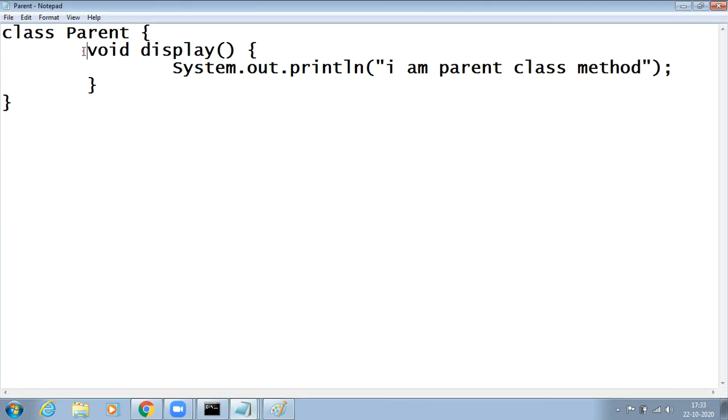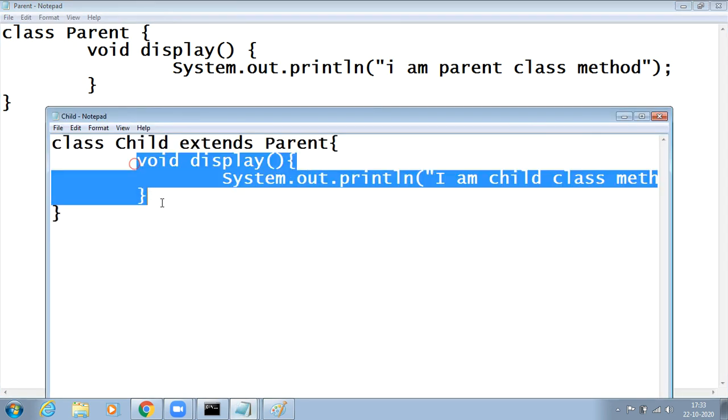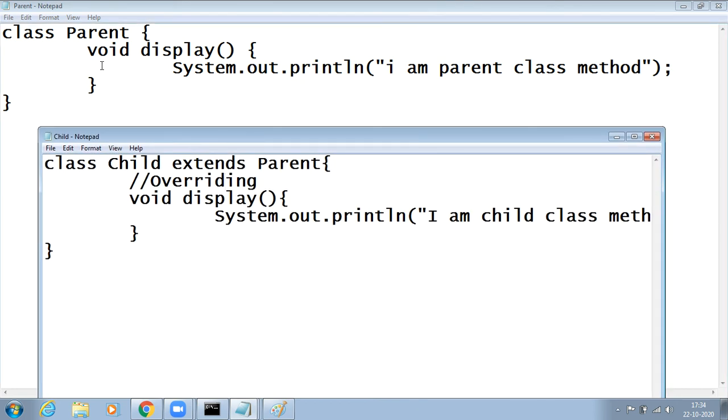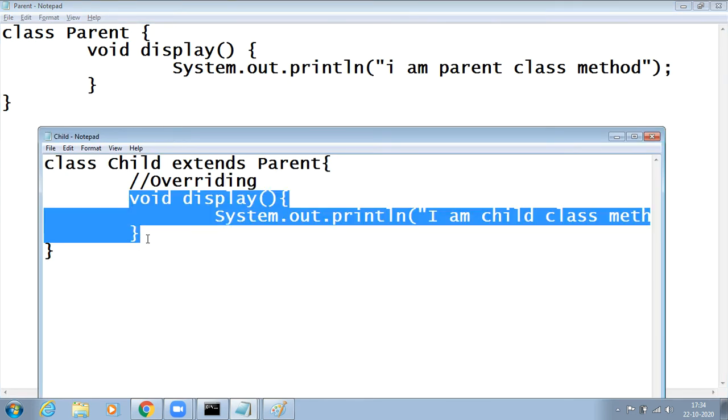The way of reusing this parent class method in the child class is called overriding. So overriding is a strategy of reusing the parent class method in the child class. I have display in the parent class, and a child class having a display method. Both have the same method.